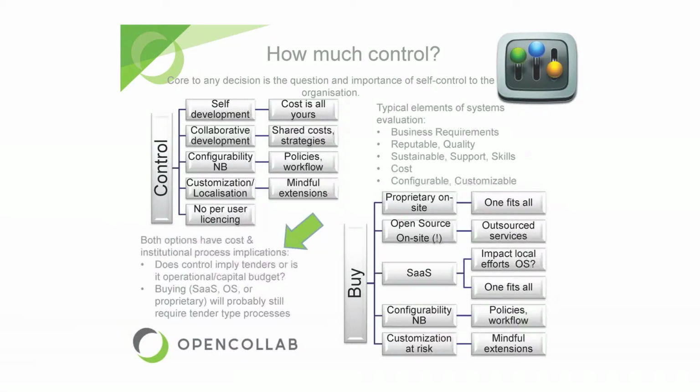So if you want to be in control, there's a few ways in terms of software development and delivering a solution that you can stay in control. I'm not presenting this as an exhaustive list of things that you should consider, but just a few highlights. So your institution can say, you know what, we're sick and tired of these people giving us systems, we just want to do our own thing. Now, depending on the size of the solution, that may not be a bad choice. If it's ERP, I've developed a student system, it takes a bit of time, and it costs a bit of money. So if you go alone, remember that the cost is all for your institution. You're not sharing with anybody.